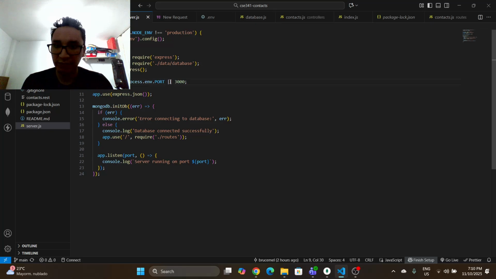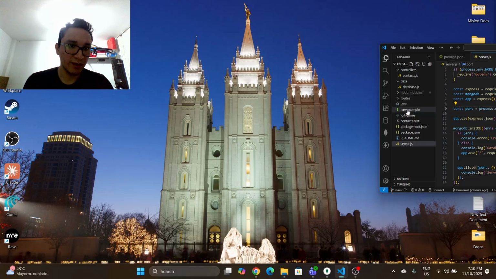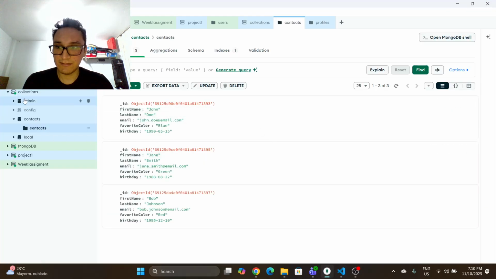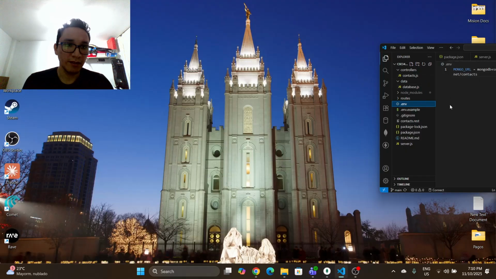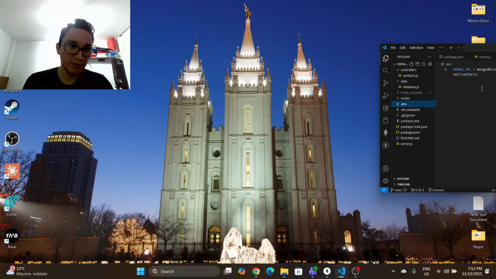process.env.PORT, and I'm going to show you what I have in the .env. In this part I have the Mongo URL, and this Mongo URL is my database. Here we have my database. I have my names, John, Jane, and Bob. When we put our Mongo URL, the files that we have in this part are exported to